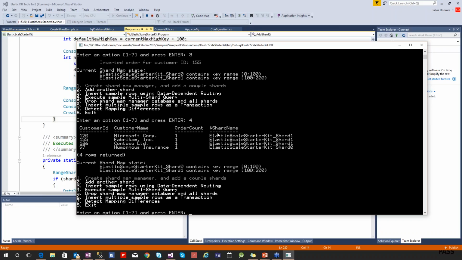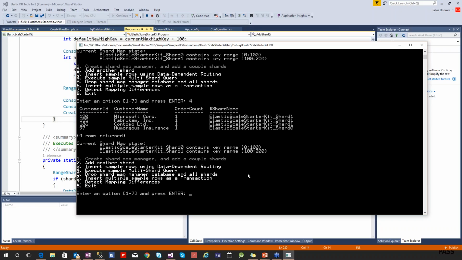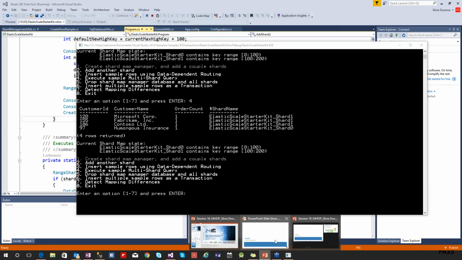One thing to note is that I have an option to include the shard name where the data is fetched from, to know where my data is coming from. Here it has listed that the first 3 entries have come from shard 1 and the last one has come from shard 0. You can choose to show this column in your code, and you can choose not to show it as well. So you have an option in your code. So yeah, that is pretty much this demo. Moving on to the next